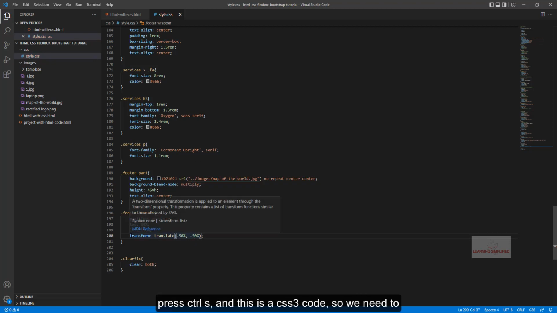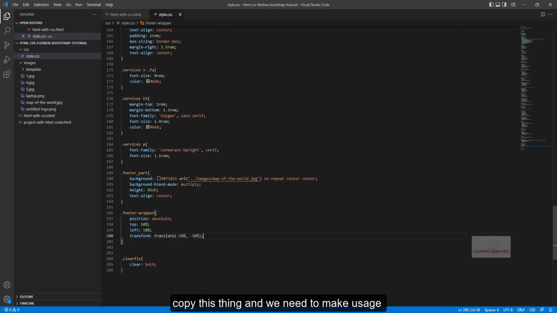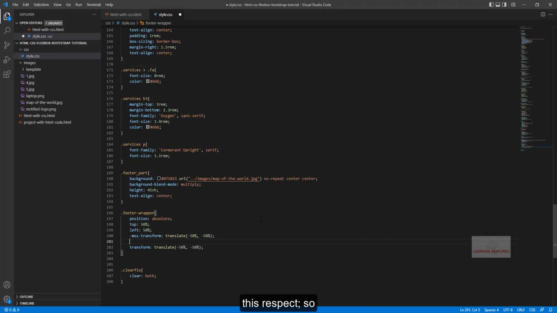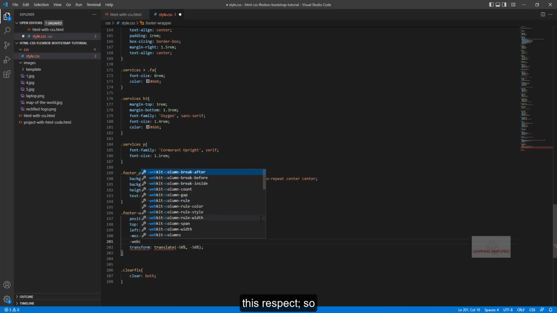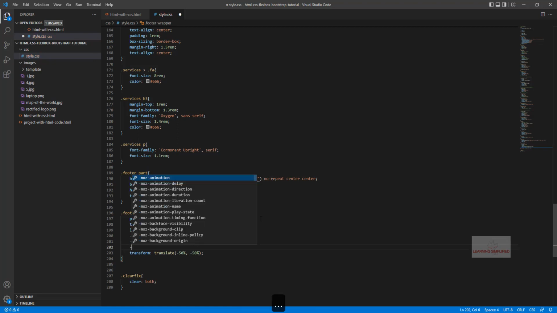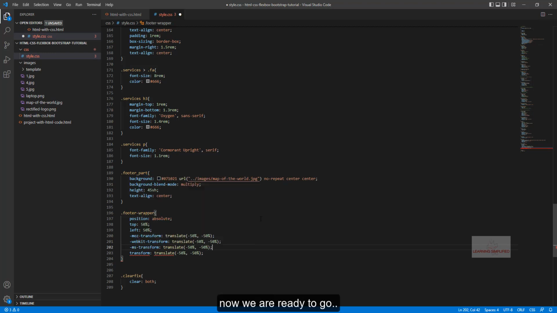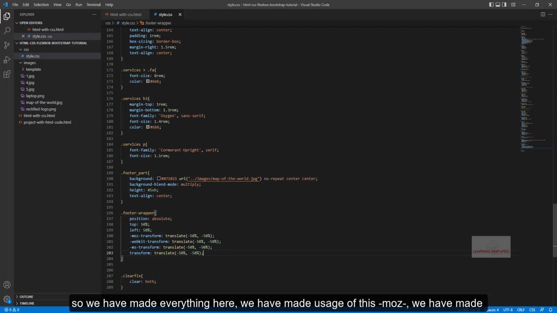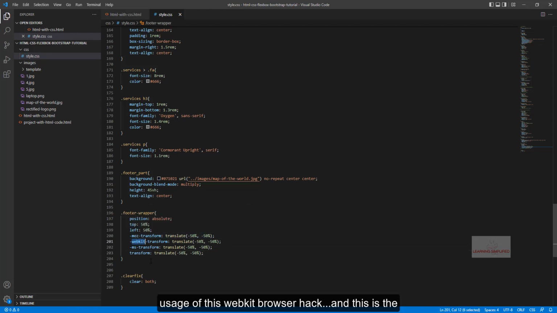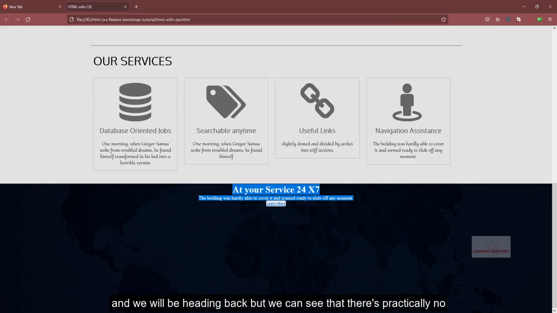Press Ctrl S, and this is a CSS3 code, so we need to copy this thing and we need to make usage of all the hack code regarding this respect. So there it goes. Now we are ready to go. So we have made everything here. We have made usage of this mouse, we have made usage of this WebKit browser hack, and this is the Internet Explorer. So this time we will be pressing Ctrl S and we will be heading back,